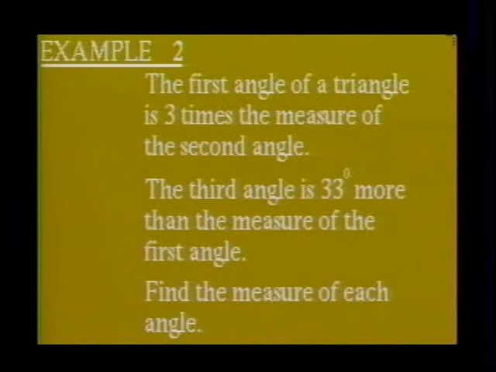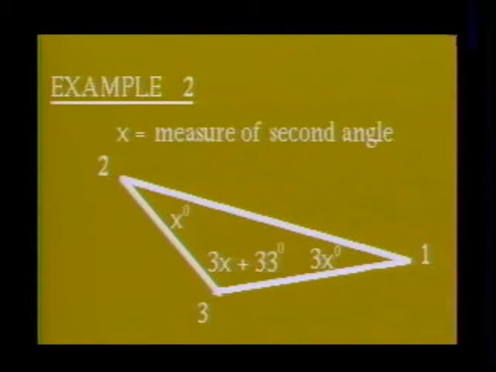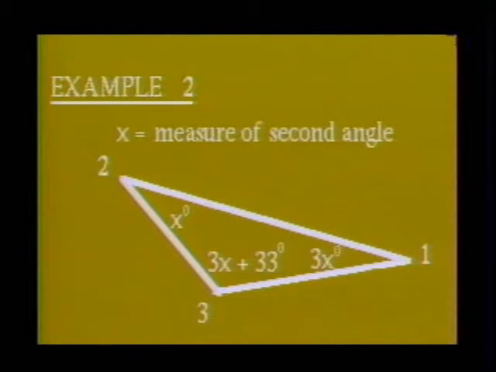Example 2. The first angle of a triangle is 3 times the measure of the second angle. The third angle is 33 degrees more than the measure of the first angle. Find the measure of each angle. Let us begin by describing the measures of each angle. Since the measure of the third angle is given in terms of the first, and the measure of the first angle is given in terms of the second, we will begin by defining x to be the measure of the